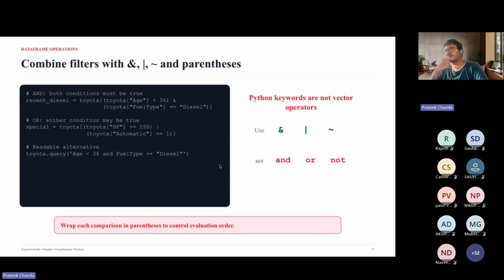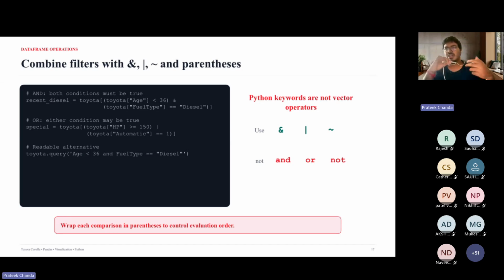You can also have multiple Boolean filtering conditions, not just one condition. Let's say I want to get all the car information where the age of the car is less than 36 and the fuel type for that car is also equal to diesel. Then I can just add these two Boolean conditions with an AND operation, which gives me age less than 36 as well as fuel type equal to diesel.